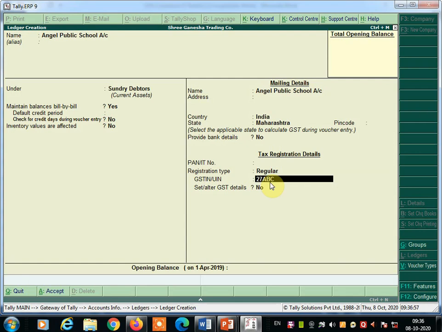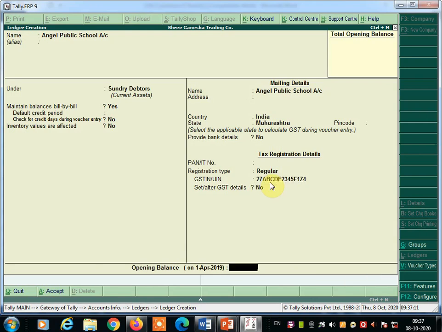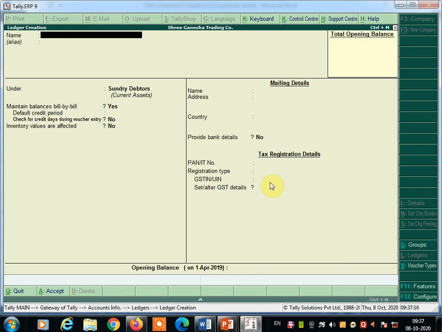ABC DE 2345 F1 Z4. Press enter key and accept this ledger. One more ledger we are going to create, that is Siva Enterprises,